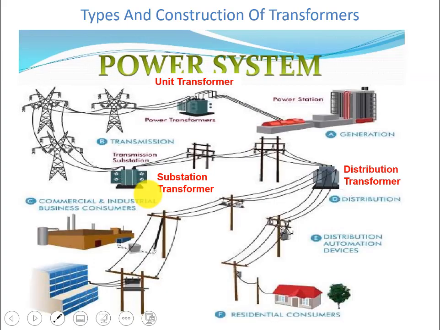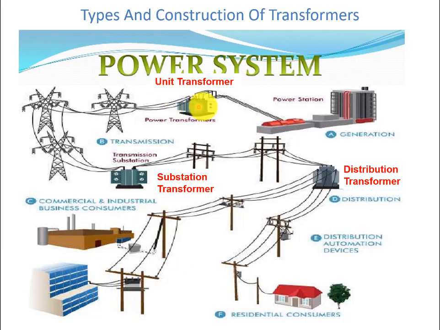So this is the power system, an overview. Here we can say that this is the power station where power is generated. We have this generation plant. Power is transmitted through power transformers at high voltages, and then it comes to the substation transformers. Then it goes to the distribution transformers where it is distributed to these small transformers in the homes and offices and factories, etc., all the way.